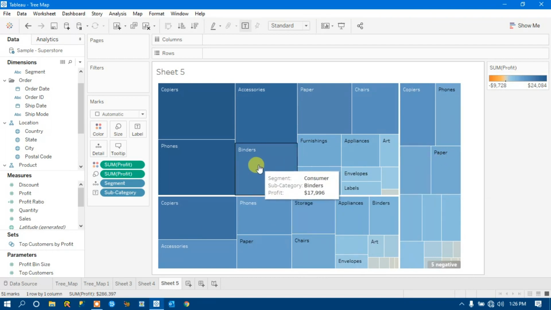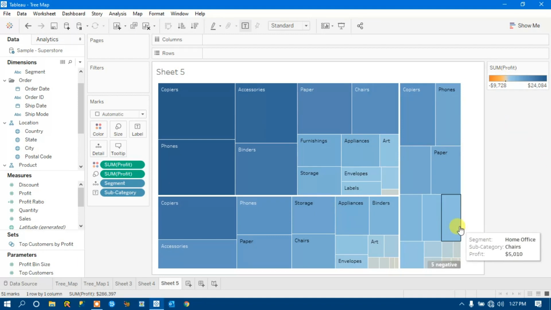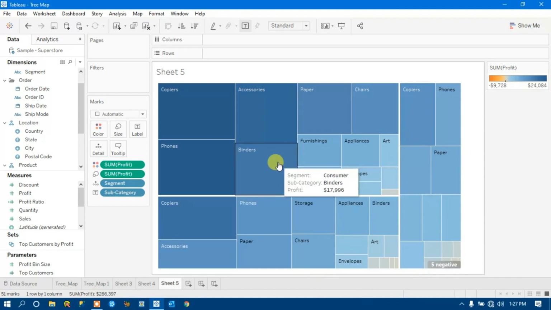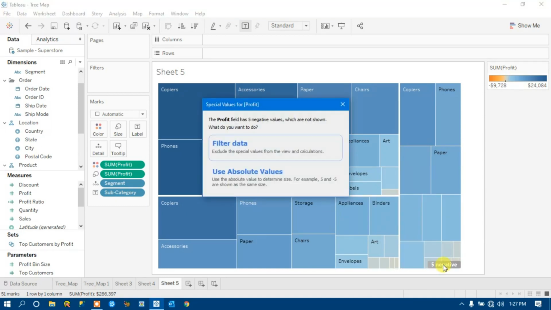But yes, let me change the color diverging effect. If you see here, we are getting 5 negative values. It means this visualization excludes negative values. If I click on this negative, we are getting two options. If I want to filter the data, it will filter out negative values, and if I go with use absolute values, then negative values will also be included in this visualization.